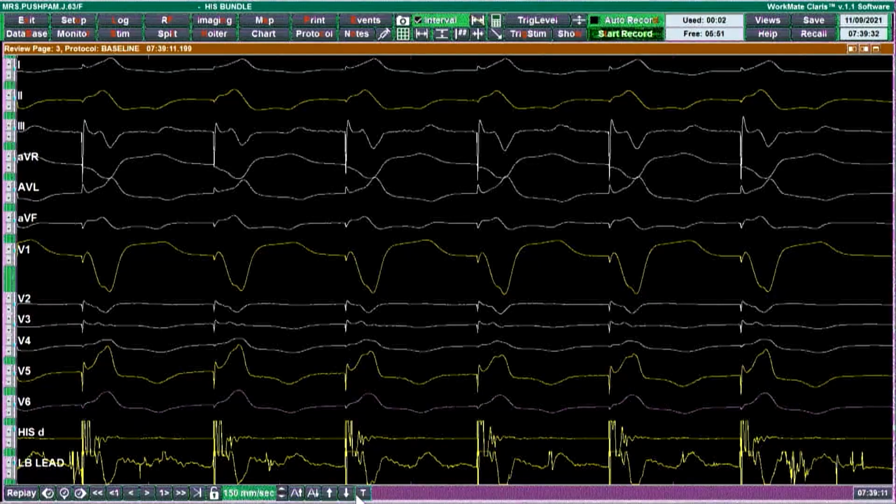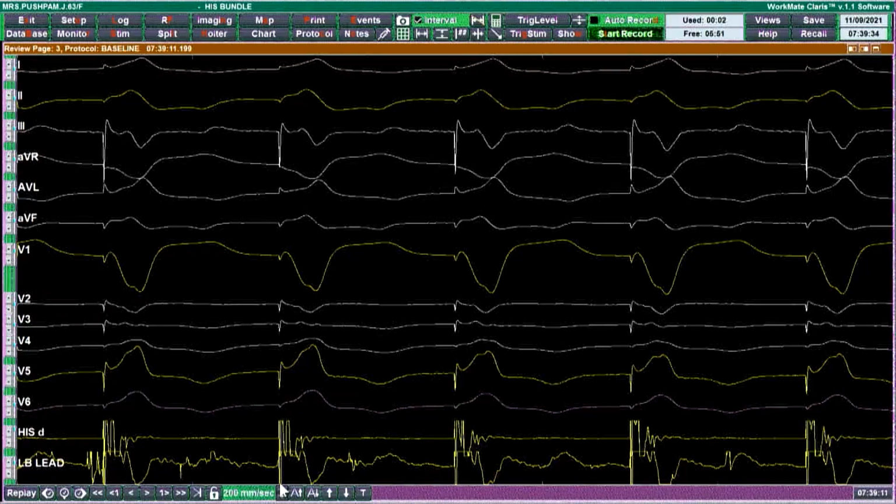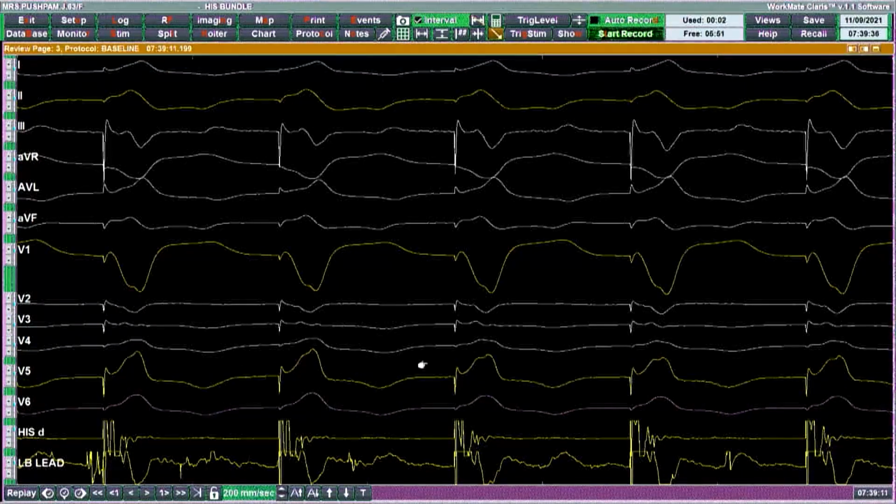Yeah. So you can see here lead V1 is showing a good notch on the nadir, probably closer to the nadir of the QRS. And you can see a positive QRS in lead 2 and a predominantly positive QRS in lead aVF. So that means that it's a reasonably good site to go ahead. So like I said, even if there is no notch, but if I see a positive QRS in lead 2, I'll be happy to put the lead deep inside the septum.